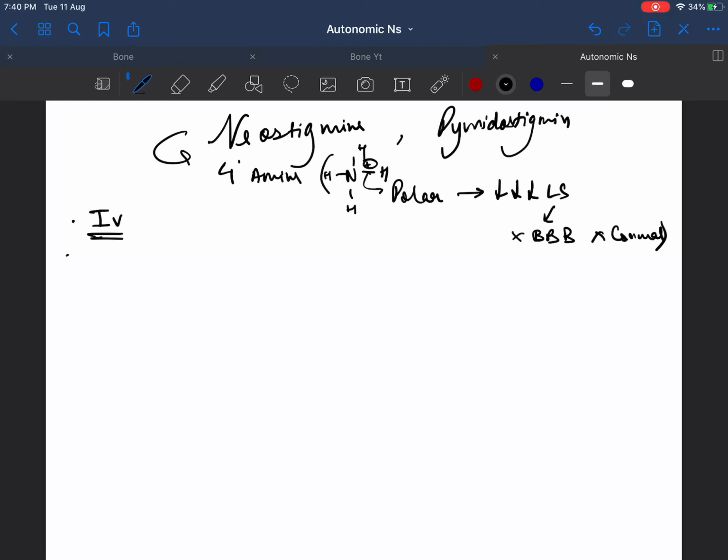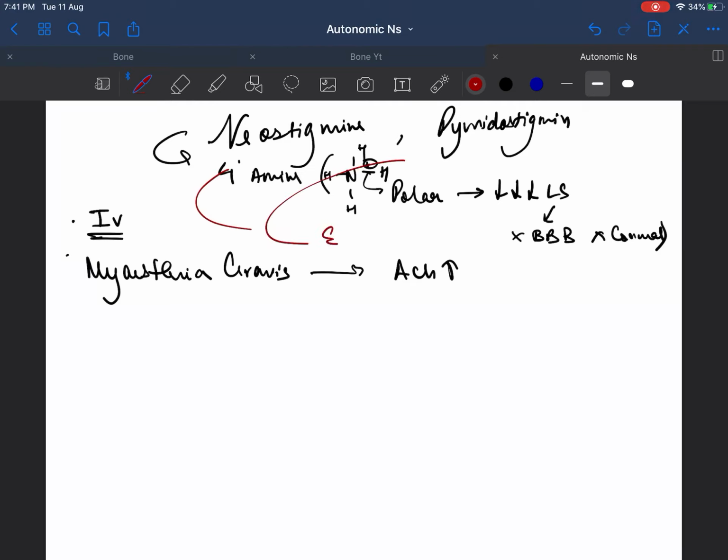And what are the conditions where muscle weakness happens? For example, myasthenia gravis, antibody formation takes place against the ACH receptors. So if you want to increase the ACH levels in these people, you give neostigmine or pyridostigmine, which will go and inhibit what? The esterases. It will decrease the esterase and increase acetylcholine in your body. So these are used for myasthenia gravis. Pyridostigmine is longer acting, so it is beneficial here.